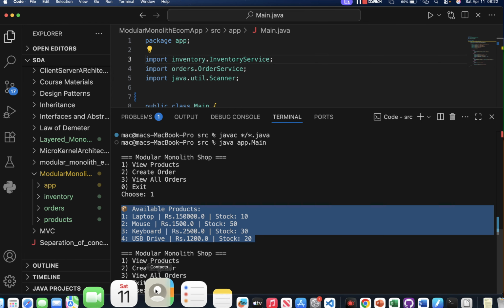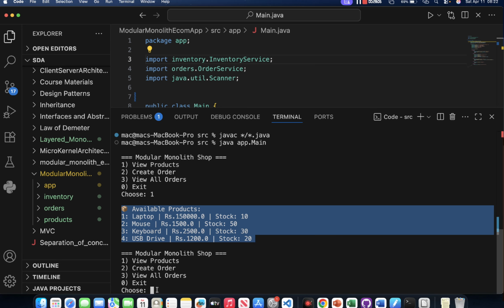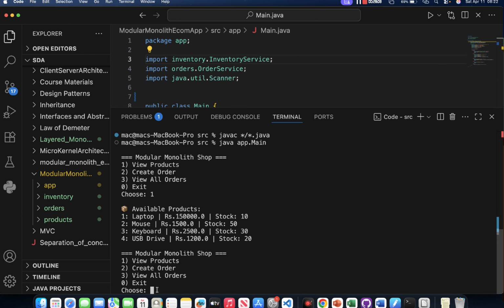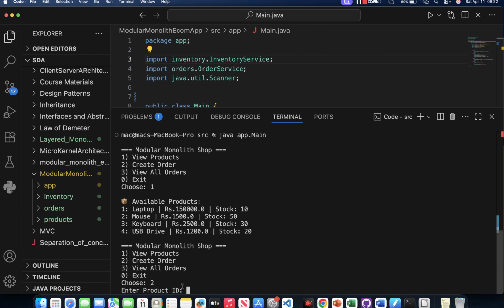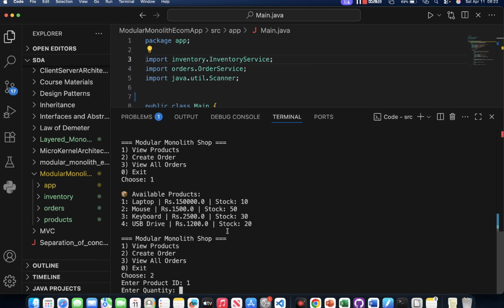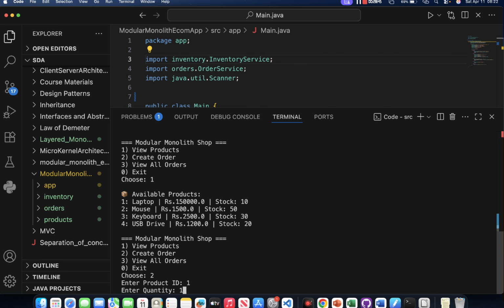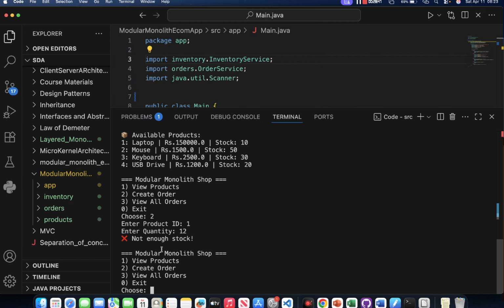For example, if I want to create an order, I'm going to enter 2, and then I'm going to enter the product ID. For example, I want to buy a laptop, so I'm going to enter 1. The quantity for the laptop is 10, and if I want to order 12 quantity, I will receive a warning message. The order will not be completed. So I'm going to enter 12, and here you can see not enough stock,